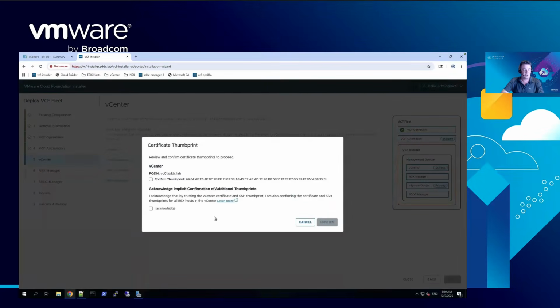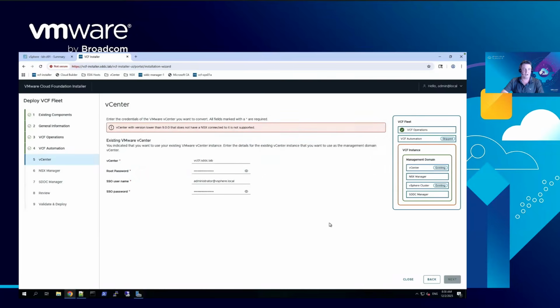And so once I confirm these thumbprints, it's going to do the first level of that checking, right? And you can see that it's saying, hey, for this version, you don't have NSX configured, so we can't proceed at this time. And so this means that is one of the couple of paths for the Converge process